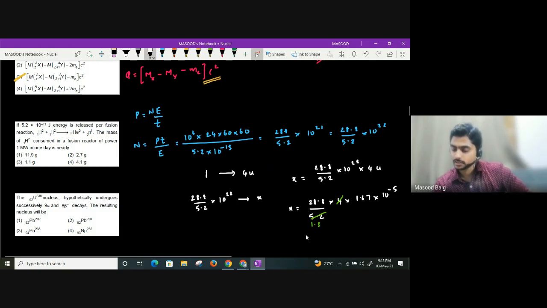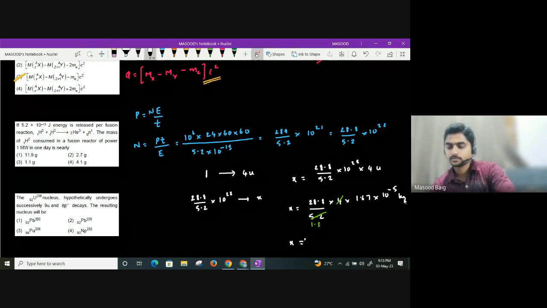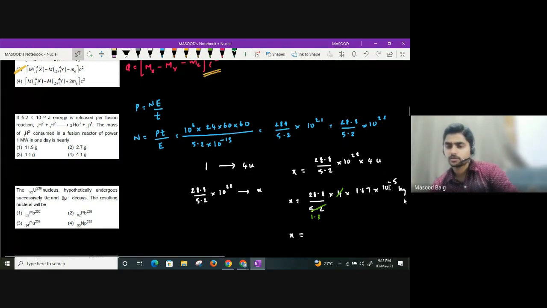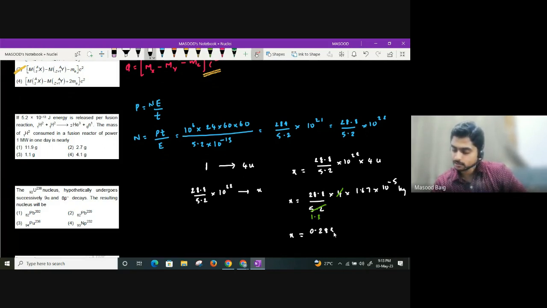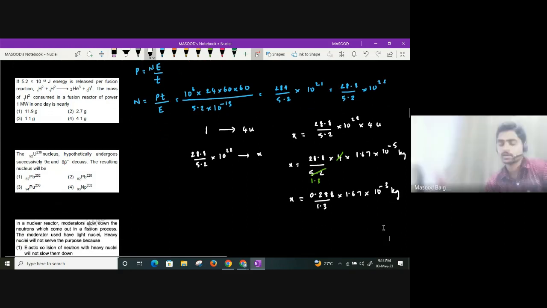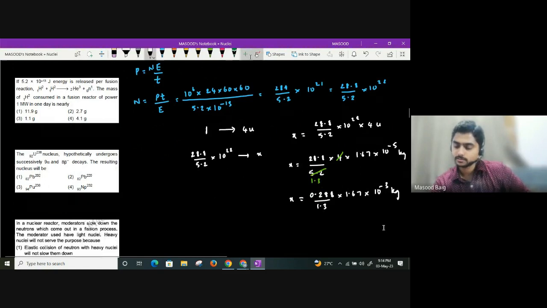So I can also take it as X value will be near about, I think, how much will you get this as? This is in kgs again. If I want to get it in grams, I can take this as 0.288 divided by 1.3 into 1.67 into 10 power minus 3 kg I will get, which I can take in grams again. So how much will this be? 1 point something you will get, guys. It will be 1 point something. So it will be just more than